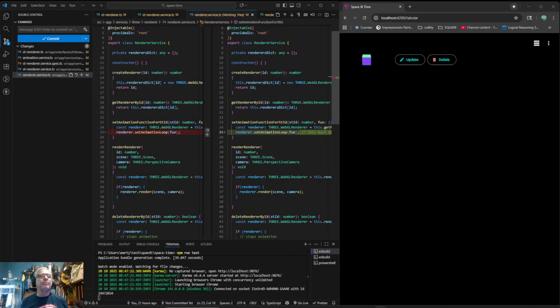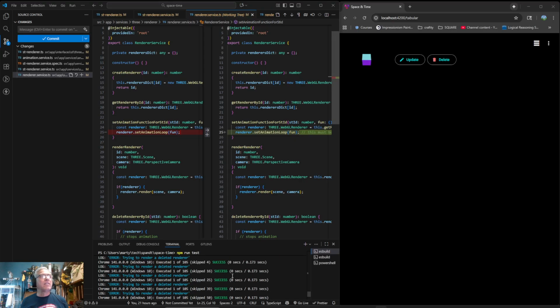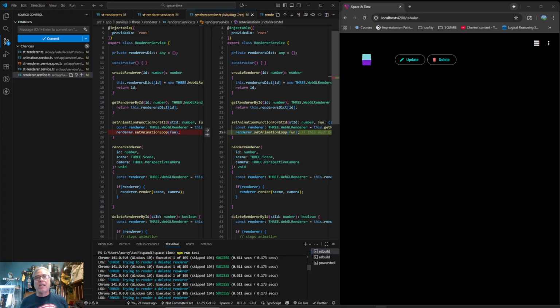So yesterday what we were seeing was that when we go to delete one, we start getting these errors over and over and over again, because it keeps calling this function, even though I've deleted it, even though this unit test deletes it. So if we go to this specification,